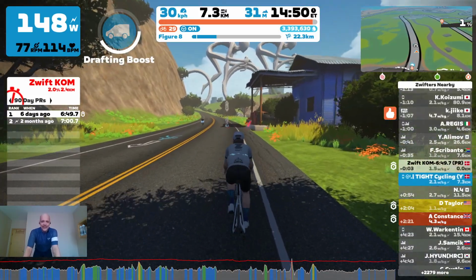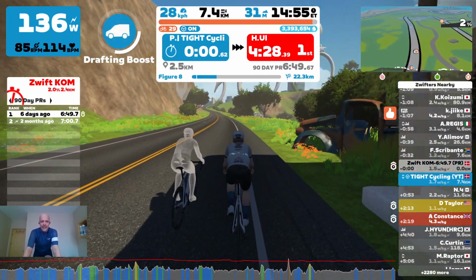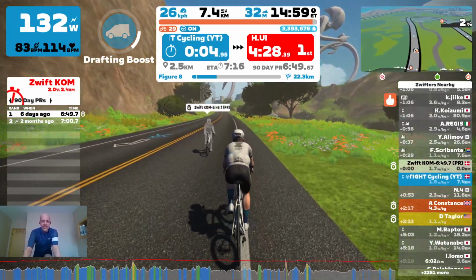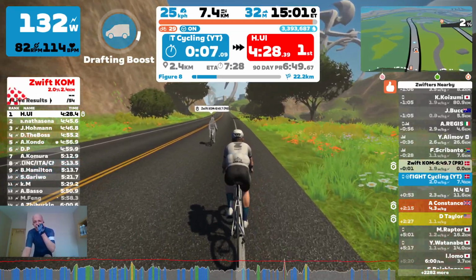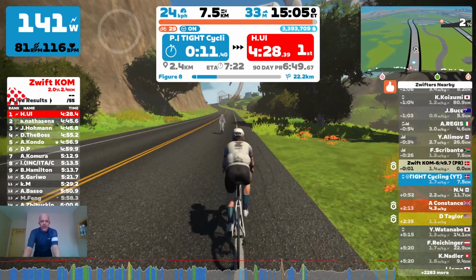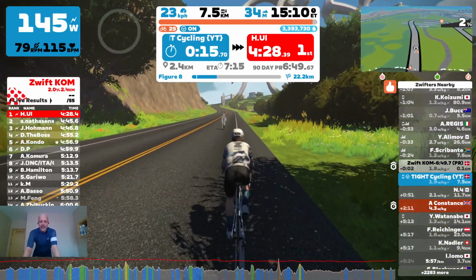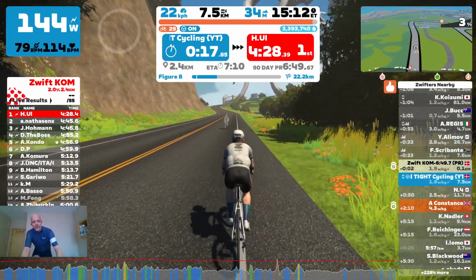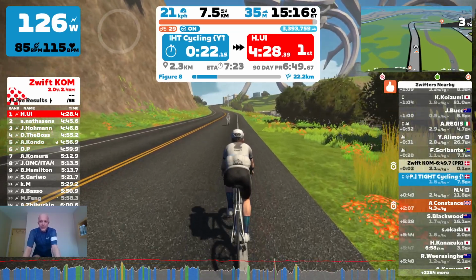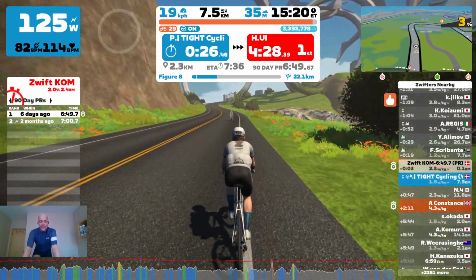All right. Here we go. We're doing the Zwift KOM. 2.4 kilometers at 2% average gradient. We are not planning on beating any of our personal bests. We'll just try to stay at a normal sustainable